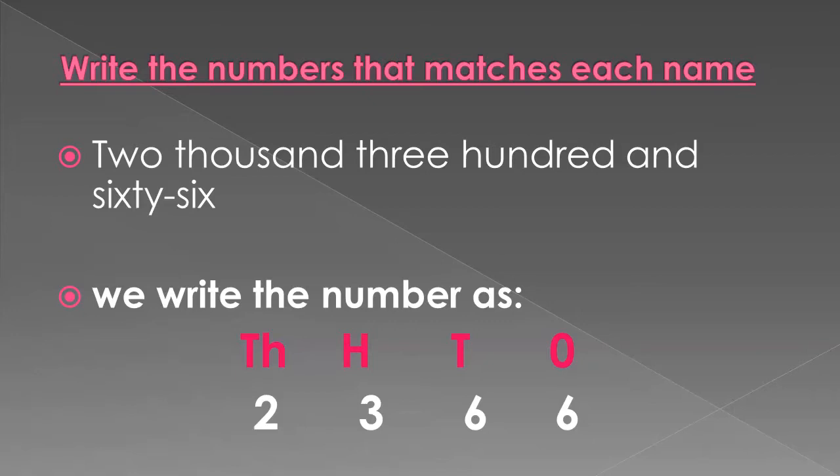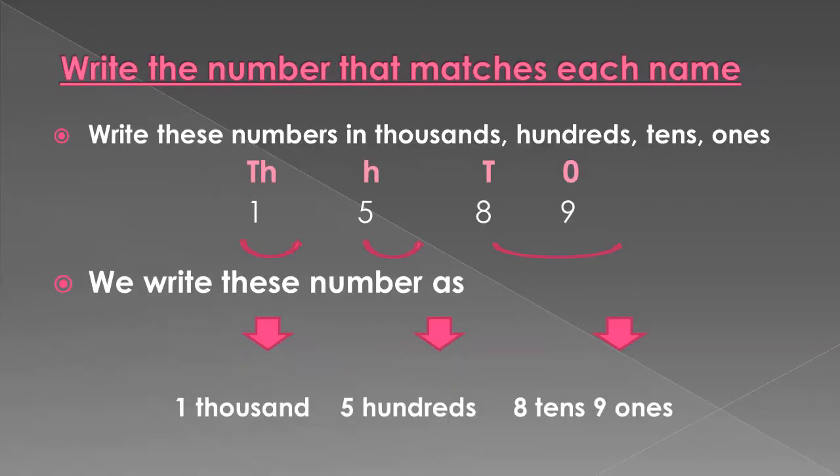Let's take an example. A big number here, we have the example of 2366. Now let us write the numeral. First of all, you will place the values like ones, tens, hundreds, thousands. Then you will write 2366, which means 2366. Well, move to the next part, number 3. Next one is